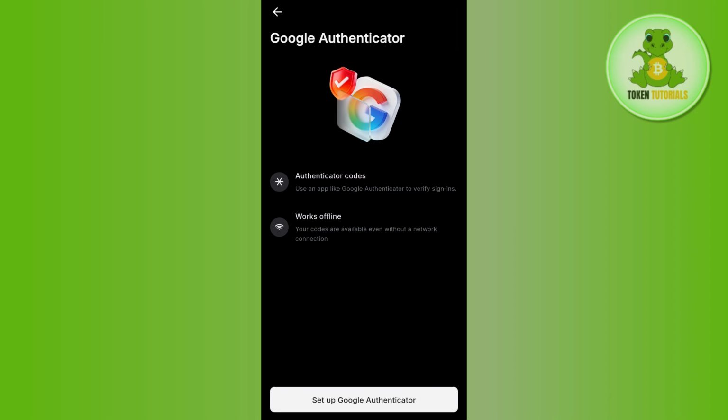You just have to download the Google Authenticator application, add the passkey, and then you need to simply add the